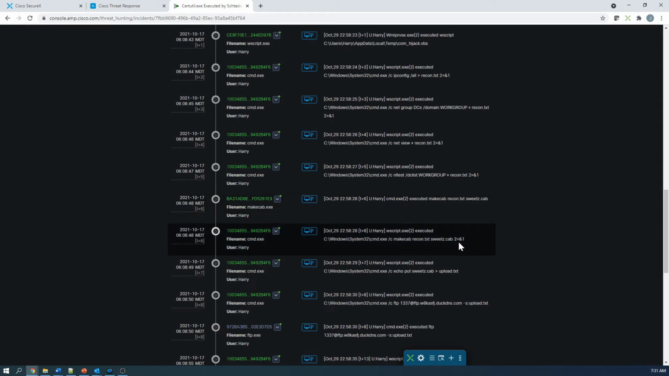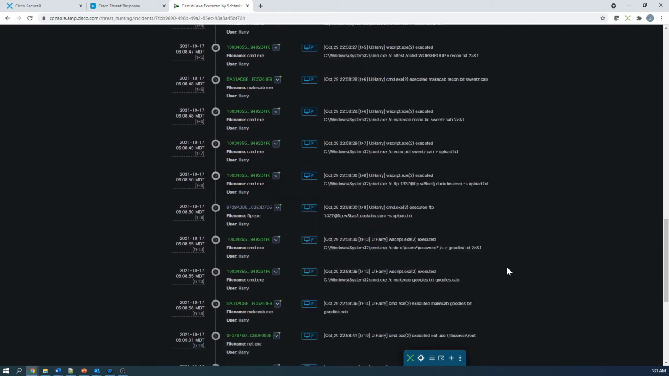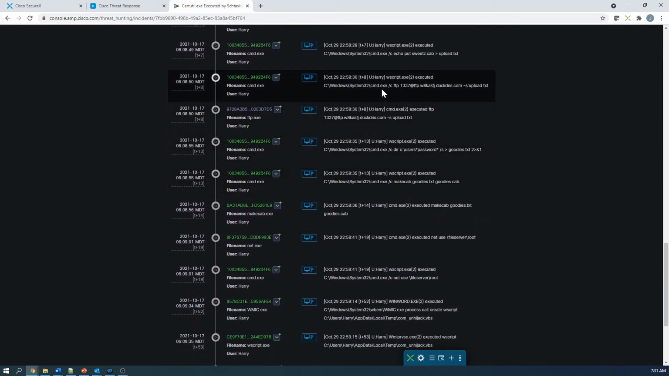They're actually taking that recon.txt, making a cab file, and then ultimately going to FTP this to a destination where the adversary is going to be able to do their own research of the data that they've collected. So that's the recon side of it. And now we start moving into